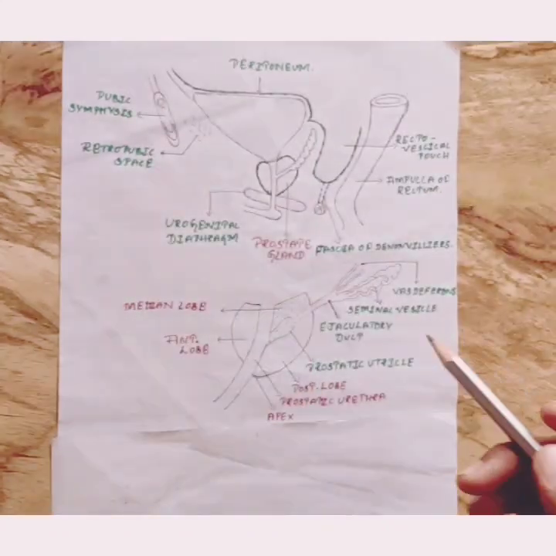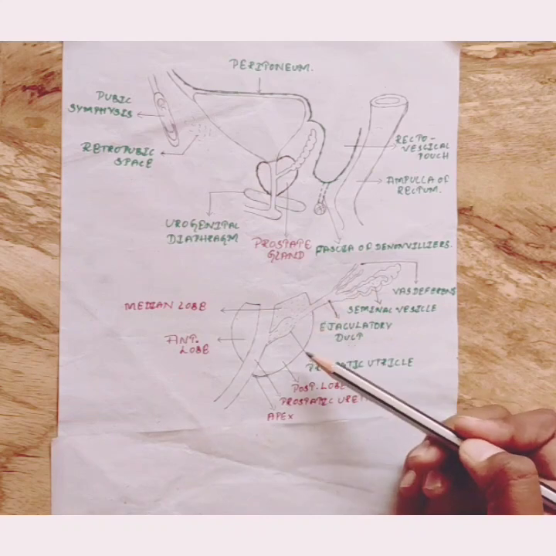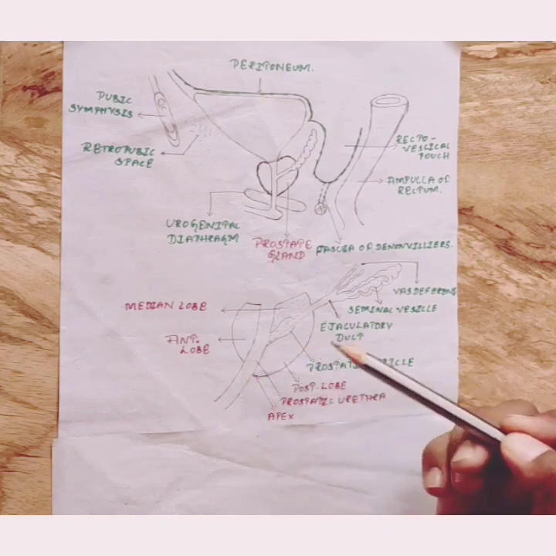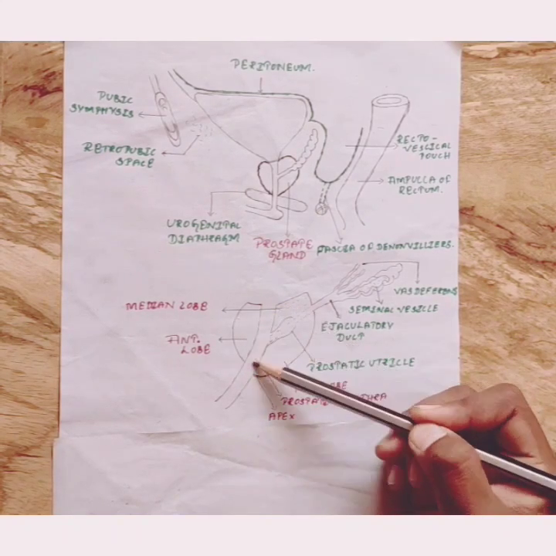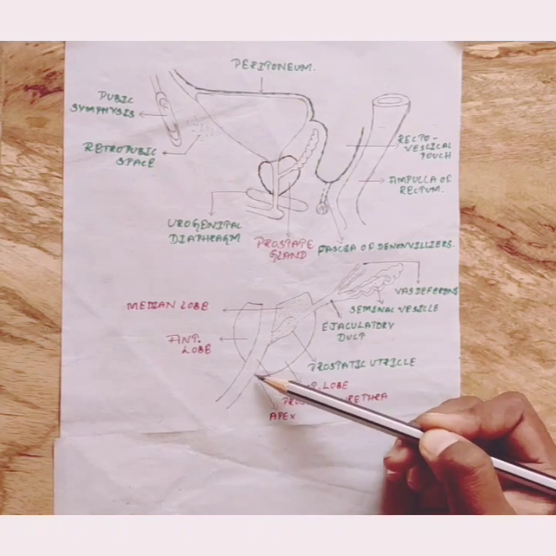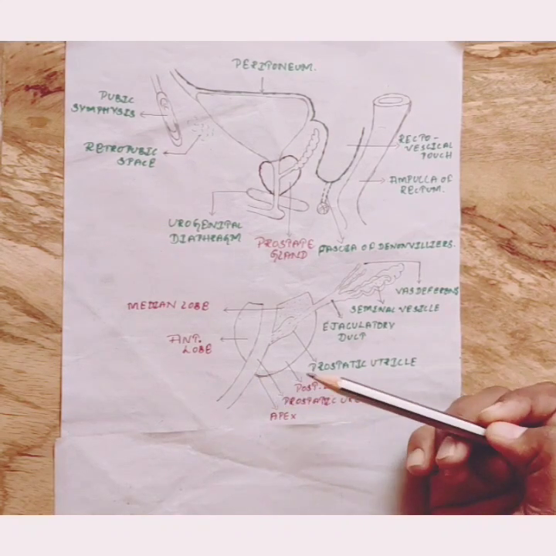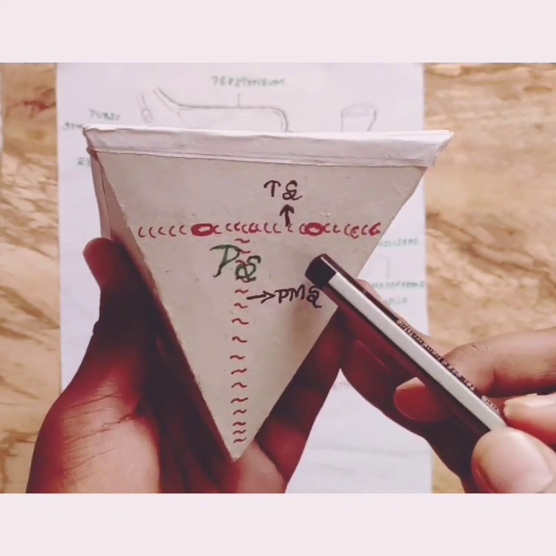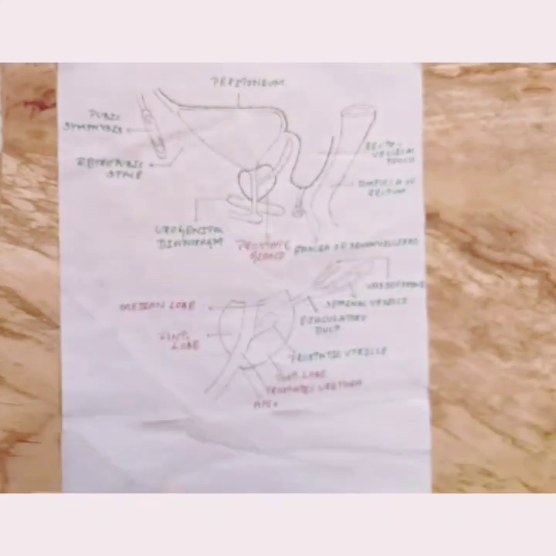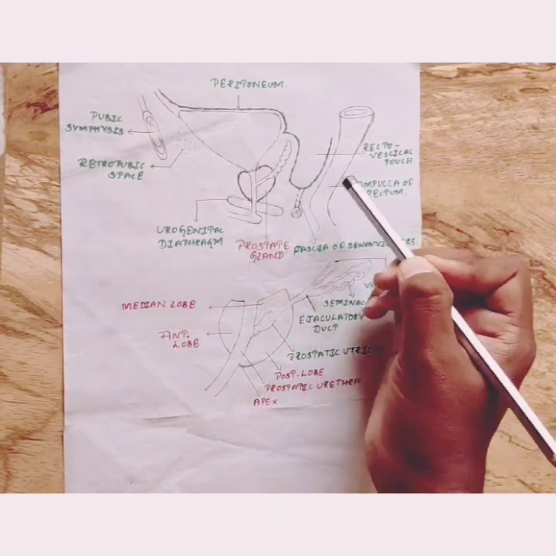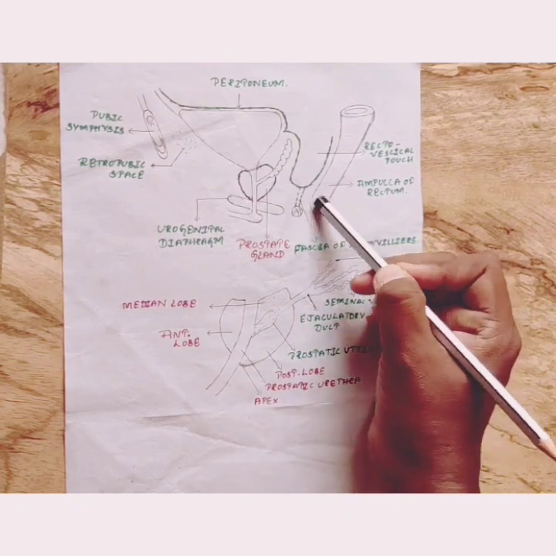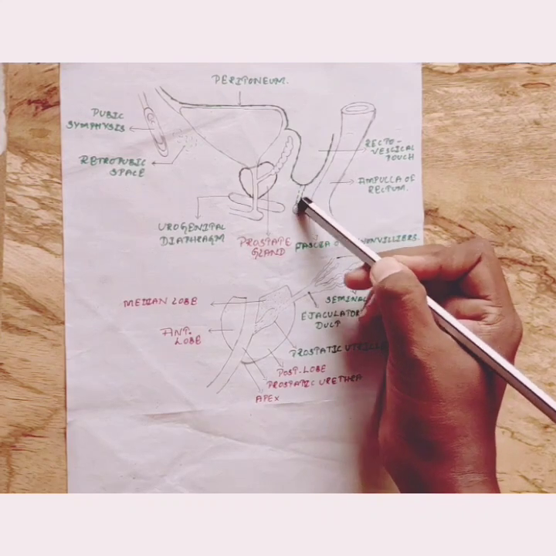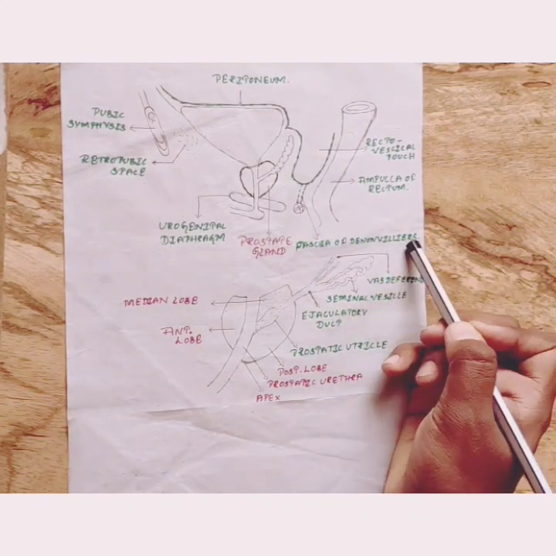This we will understand by the diagram. This is the sagittal section. This is the apex. This is the anterior surface. So the anterior surface is pierced by the urethra a little above the apex. The posterior surface, it is broad, flat and it lies in front of the ampulla of the rectum, and it is separated from it by a fascia which is called the fascia of Denonvilliers.